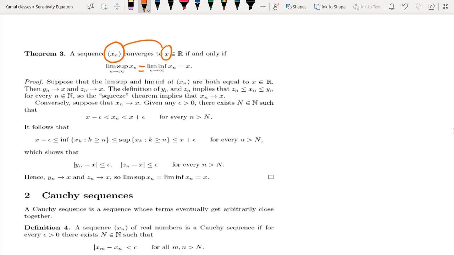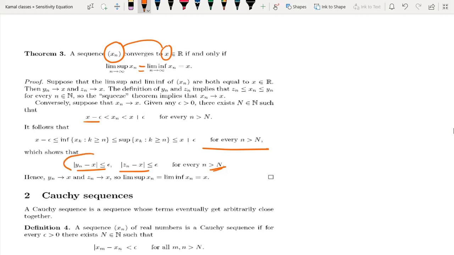infimum, which means I have some kind of infimum and some kind of supremum. And after that, if I allow n tending towards infinity, then xn should be bounded between these two. From this relation it is possible to show the result, since now I am going to talk about the limit, so I have to talk about convergence. We know the definition of convergence: yn converges to x provided this condition is satisfied for n greater than N, and zn converges to s if that condition is satisfied.